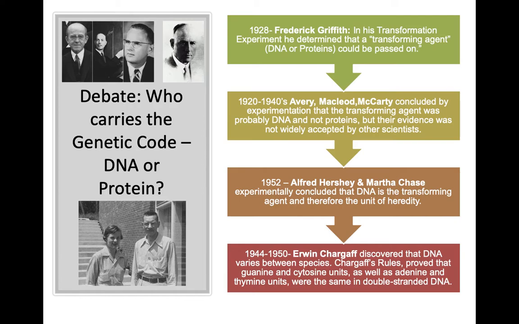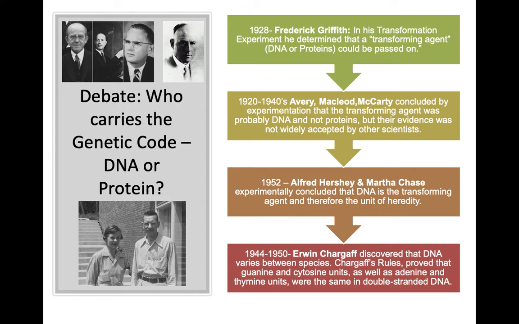So the debate was settled once and for all. Now, we also need to understand the contribution of another scientist. His name is Erwin Chargaff, and he discovered that DNA varies between species. And he came up with what we now know as Chargaff's Rules. And this proved that guanine and cytosine units, as well as adenine and thymine units, were the same in double-stranded